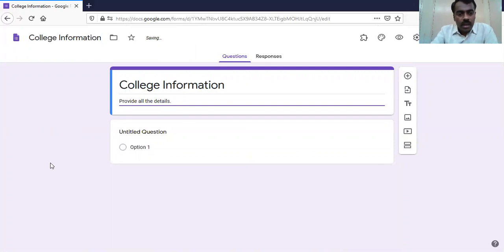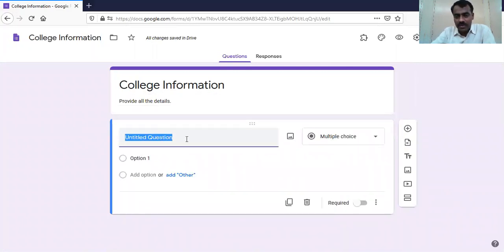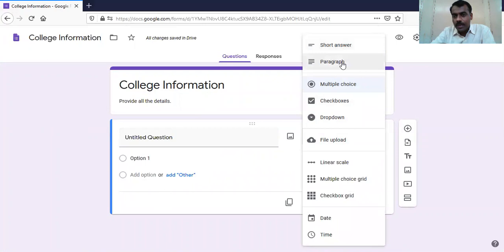Okay. Then the next thing is we have to add questions. So this is all about the set of questions. We can start adding different questions. Adding a question is simple; by default the first question will already be here. So we can give the name of the question and we can start giving options. There are different types of questions available that one can select from this drop down. Here you can see short answer. Short answer is for expecting an answer in a single line. Paragraph is where the answer will be in multiple lines, for example, address of college.